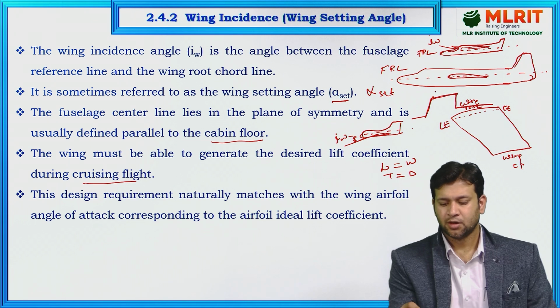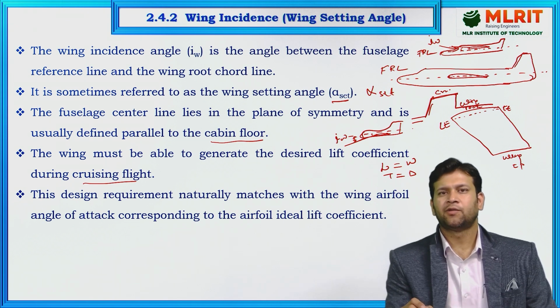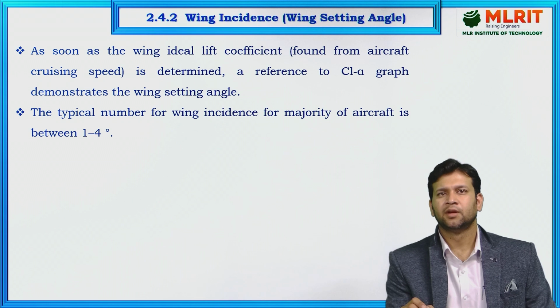This phase is cruising phase. This is takeoff, climb, cruise, descent, land. The design requirement naturally matches with the wing aerofoil angle of attack corresponding to airfoil ideal lift coefficient. As soon as the wing ideal lift coefficient is determined, a reference to the CL alpha graph is demonstrated, which gives the wing setting angle. The typical number of wing incidence for a majority of aircraft is between 1 to 4